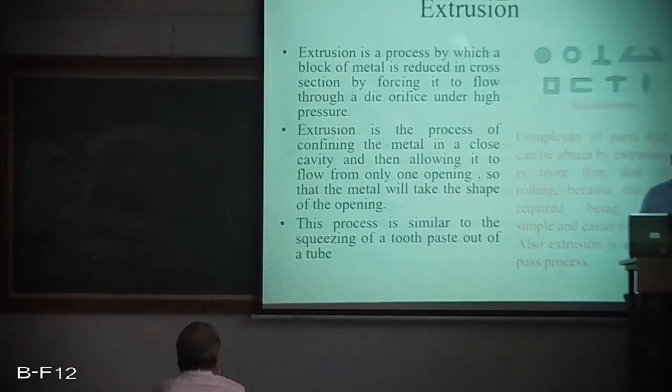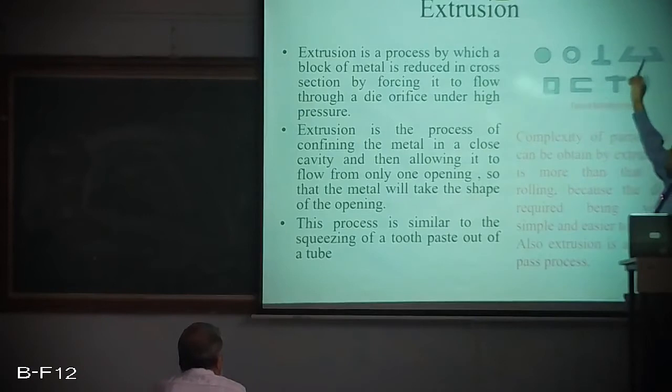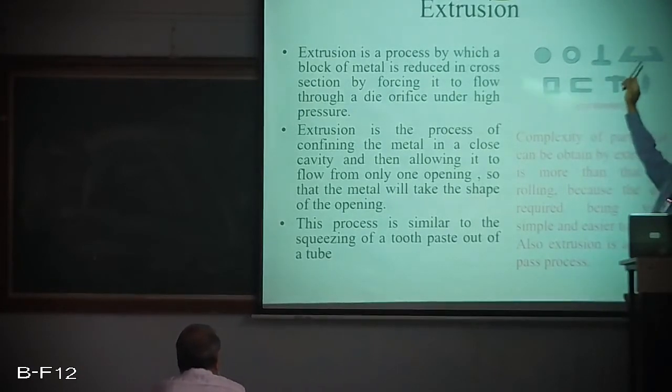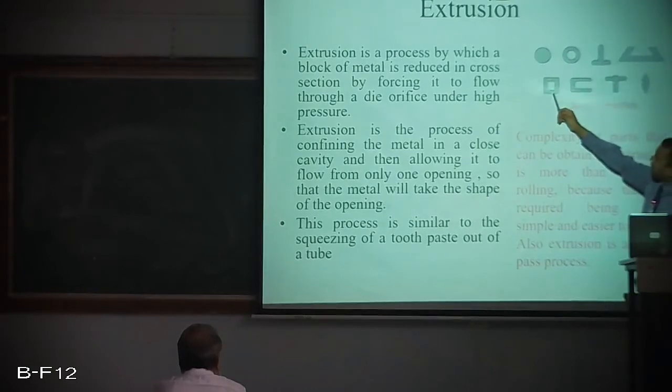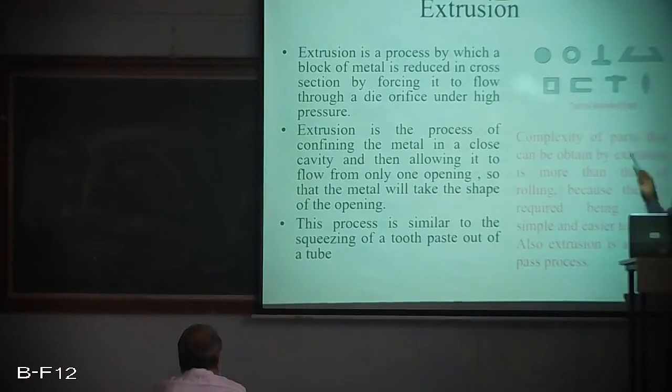So extrusion is a process by which a block of metal is reduced in cross section by forcing it to flow through a die orifice under high pressure. You can see over here the different cross sections. You can see there's a rod, a tube, a T shape, a dovetail shape cross section, a square cross section with a hole, a C section, and different types of